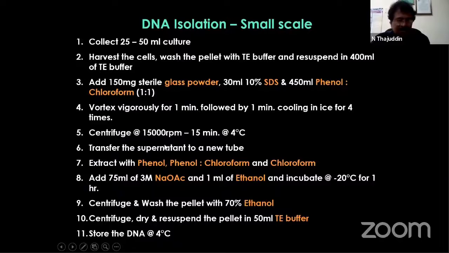Only three major steps are involved. One is breaking open the cells using glass powder, SDS, and phenol chloroform. The second major step is extraction using phenol chloroform. And finally, precipitation with 100% ethanol and sodium acetate, and then storing it in TE buffer. These are the basic three steps involved in almost all